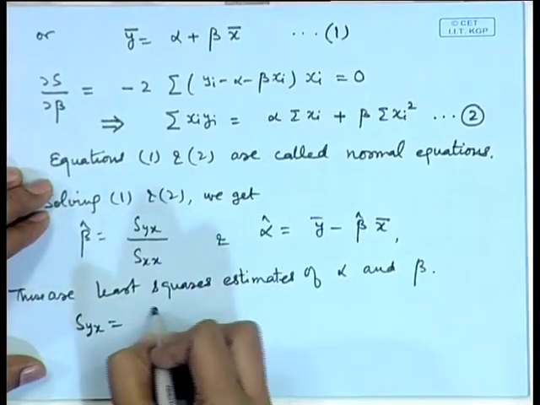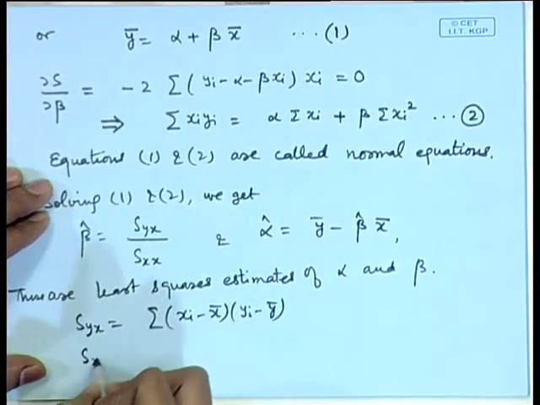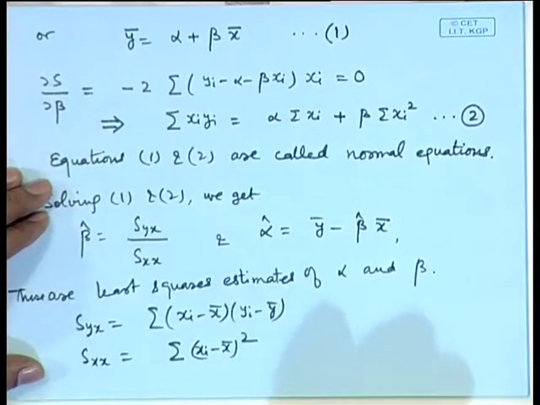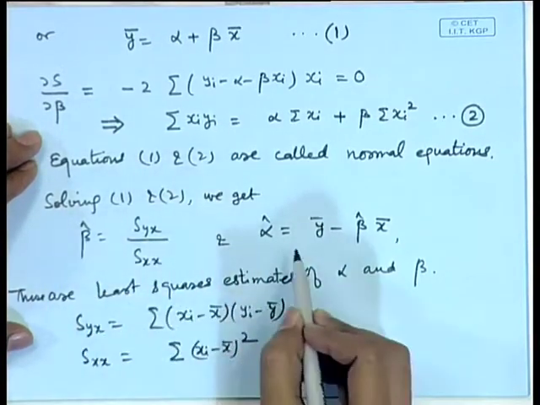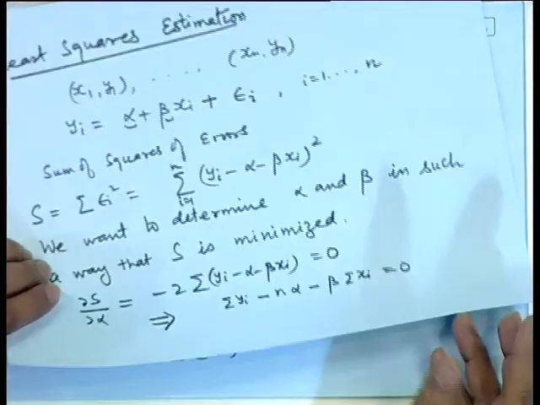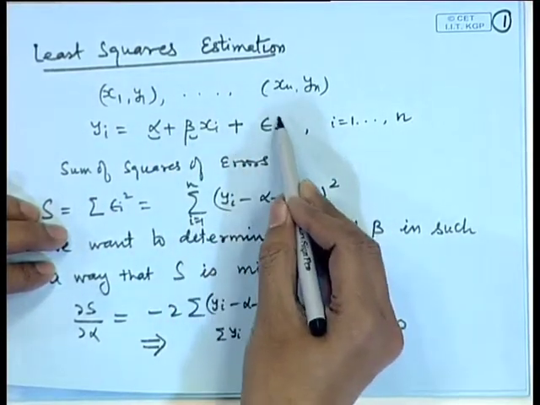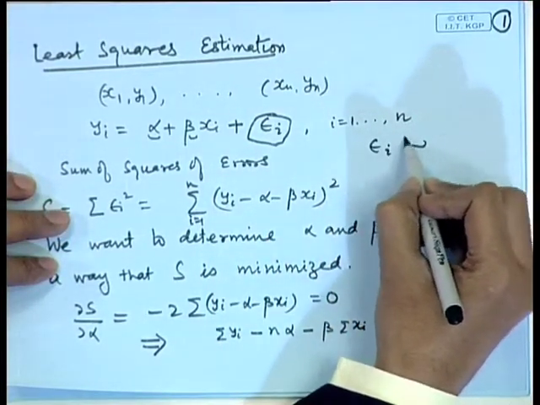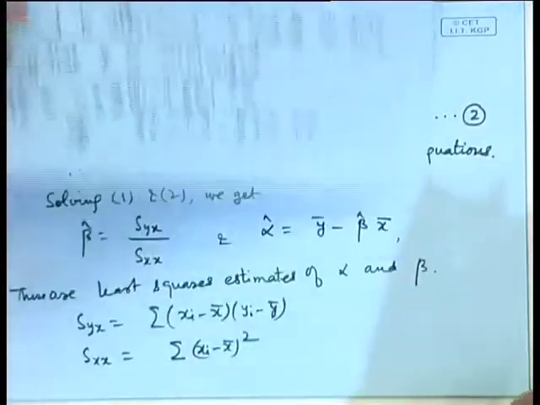Here S y x is sigma x i minus x bar into y i minus y bar, and S x x is equal to sigma x i minus x bar whole square. It can be shown that this alpha hat and beta hat are actually unbiased. Now, for that we have to make certain assumptions on the model. We have assumed that y i and x i are related through this relationship, and we have introduced a random error here epsilon i. So, if we make epsilon i's IID, and if I put normal 0 sigma square, then it can be easily shown that